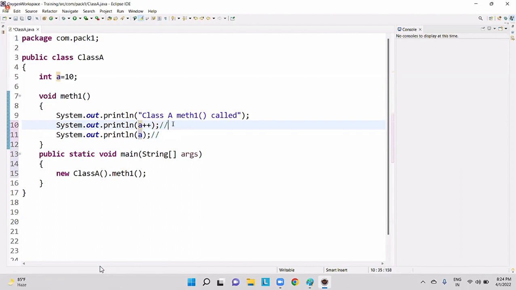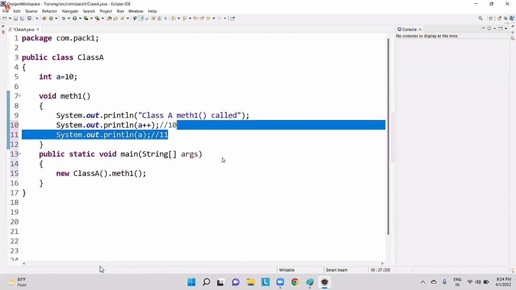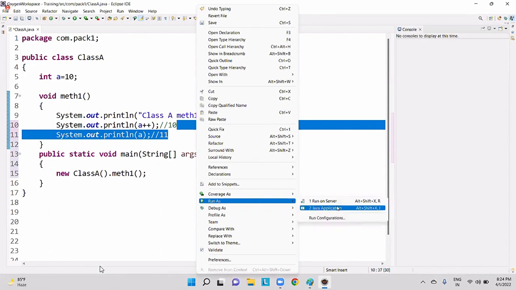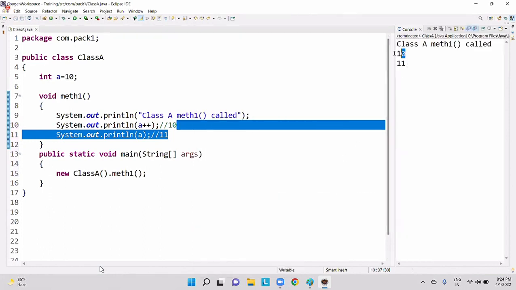A value is 10 only, so 10 will be printed. After accessing A, then you are incrementing. So here the A value is 10, and here the A value is 11. So we will be getting our output as 10 and 11.